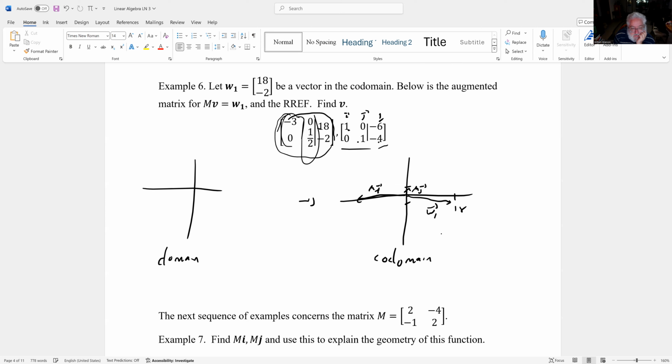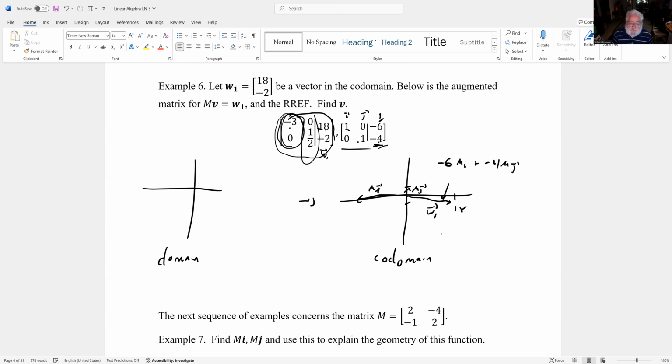If we look at this, minus 6 times minus 3 is 18, minus 4 times 1/2 is minus 2. So this vector here, which is my W1, is minus 6 times m sub i plus minus 4 times m sub j,